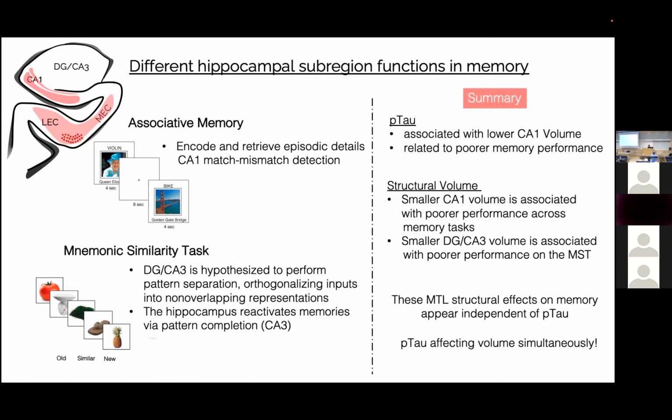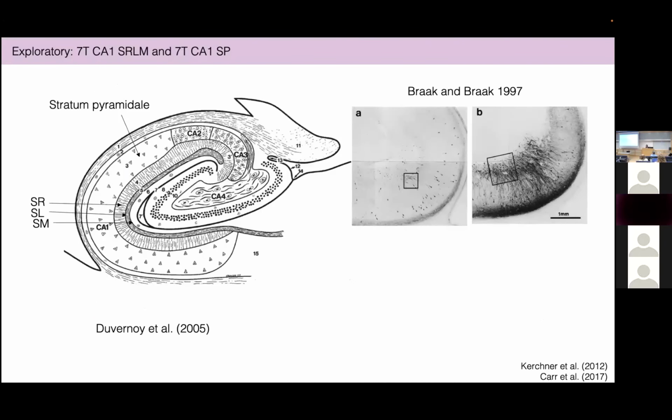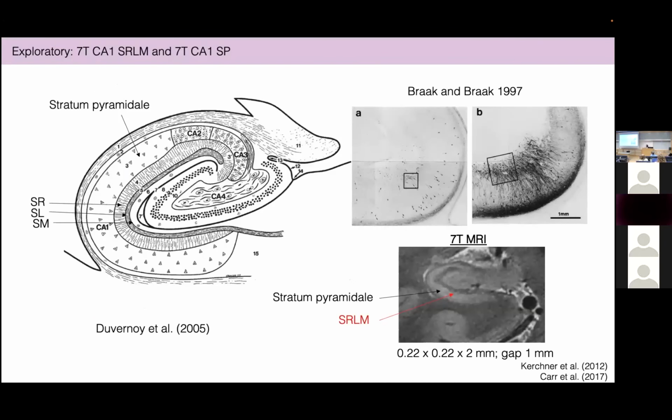And so I think I'm out of time right now, so I'm just gonna skip the normal part. We also did 7T data on these analyses, and we just wanted to say that we know that CA1 doesn't change uniformly. And so we're looking at CA1 sublayer differences, specifically identifying the stratum pyramidal and the SRLM region in all of these participants. Happy to talk about this data later, but I will move on.